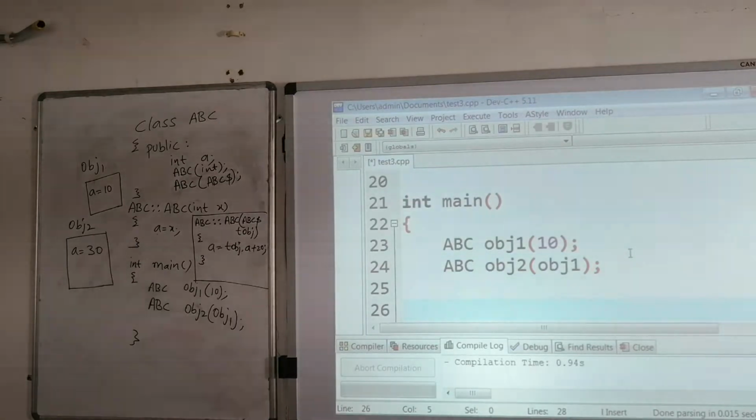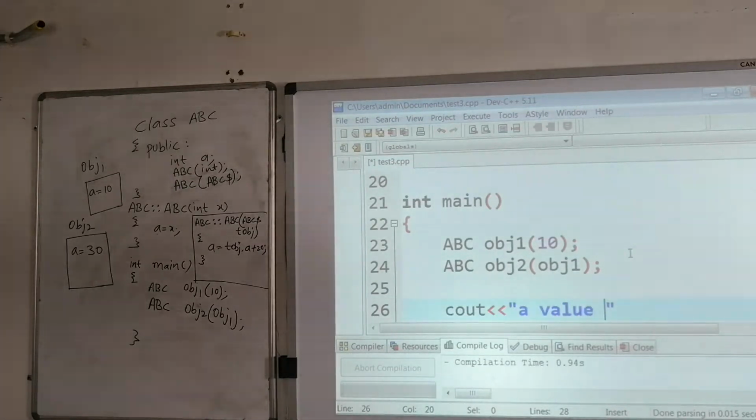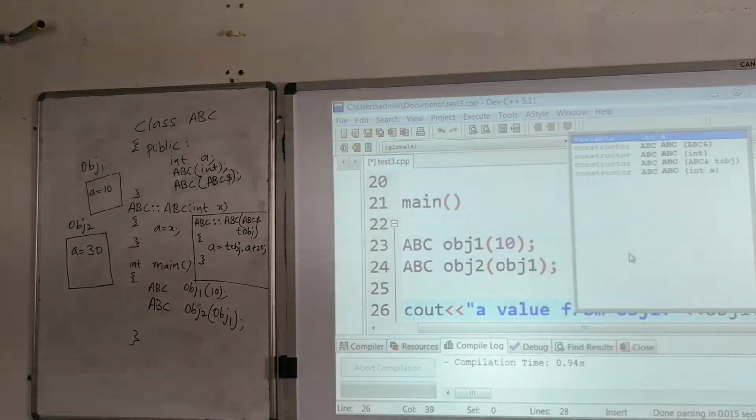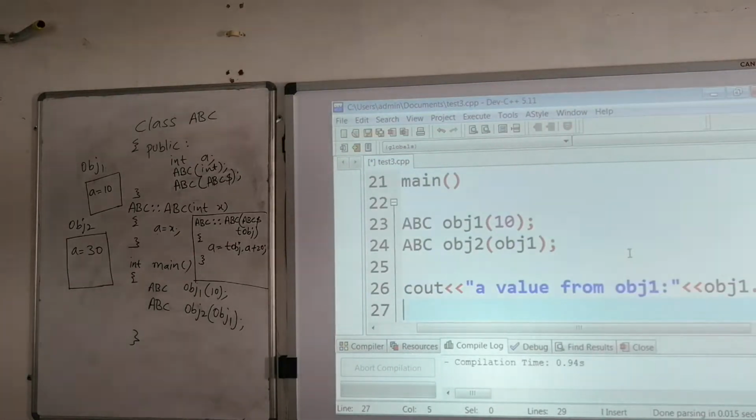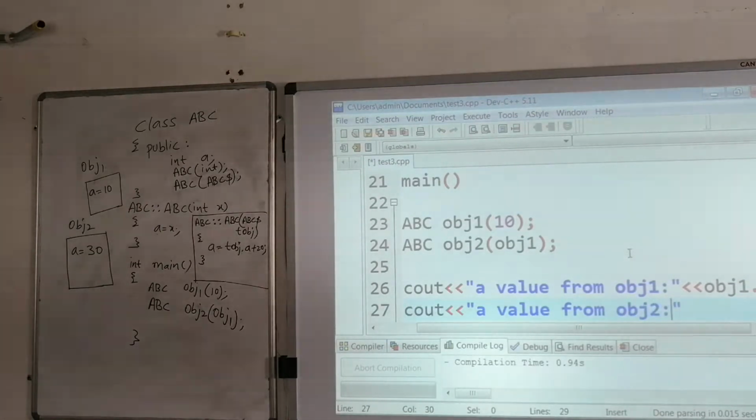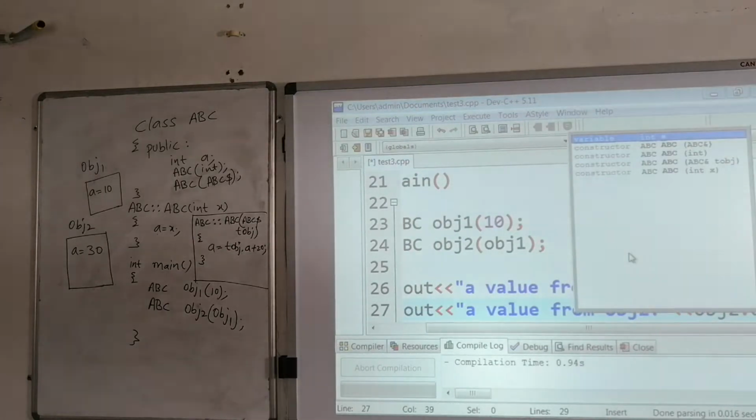See, cout of A value from OBJ1, that is nothing but OBJ1 dot A. Next, cout of A value from OBJ2, that is nothing but OBJ2 dot A.